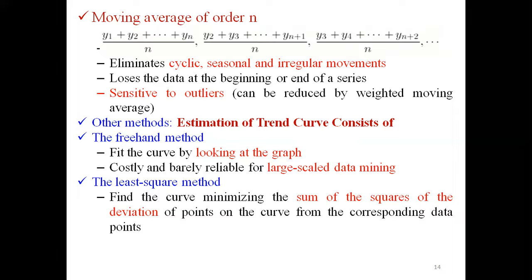Your least square method. Here, what is the least square method? In mathematics, you identify the least square method as the sum of squares of deviation of a point. That means it finds the curve minimizing the sum of squares of deviation, that is, the sum of the squares of deviation at a point on a curve from the corresponding data points. That's called the least square method. Always minimizing the sum of squares. That means the sum of the squares of deviation indicates the error value. If you identify the particular error value, that means you have to minimize that error. Only this basic criterion you are following here.